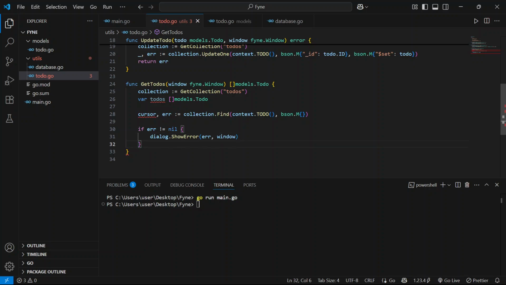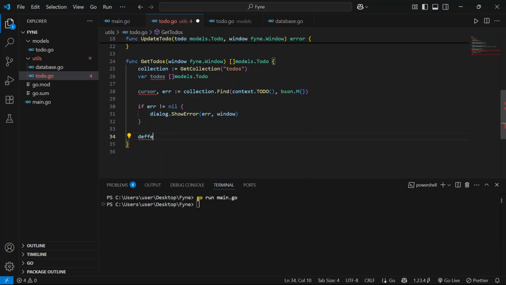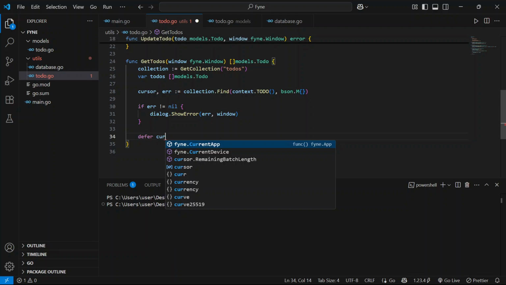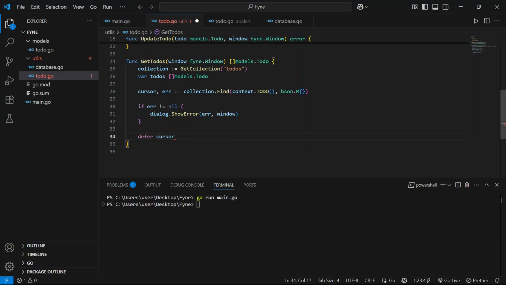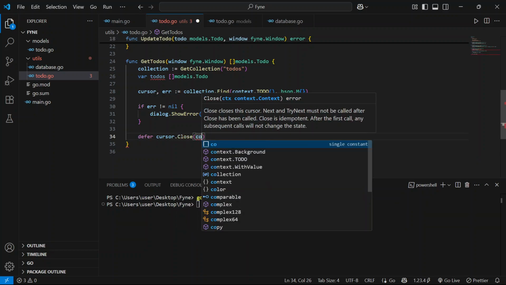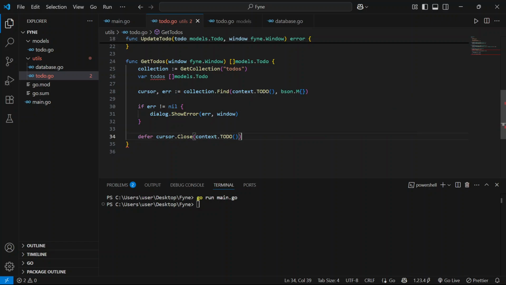And then after doing that, you're going to defer cursor.Close until we have got everything back,